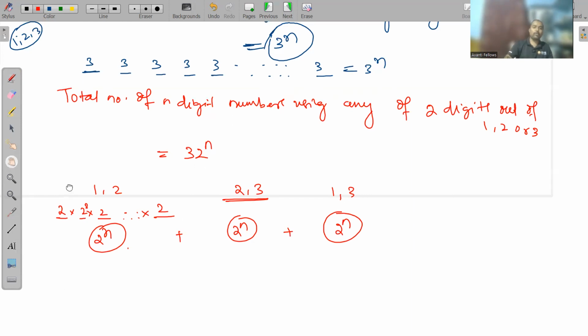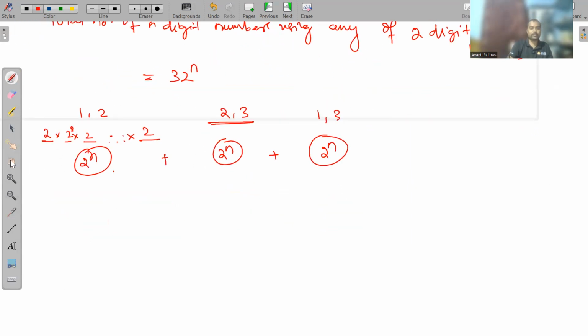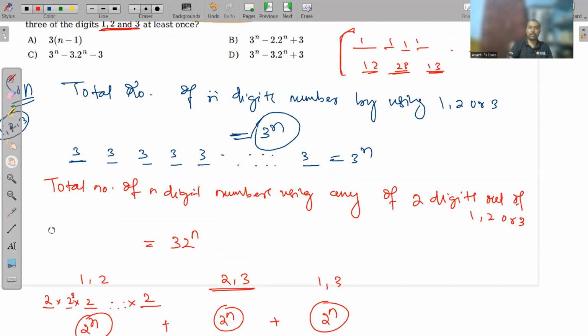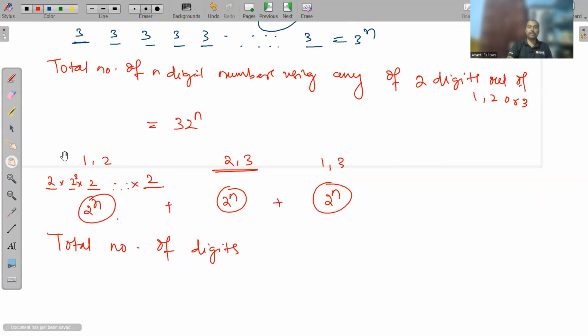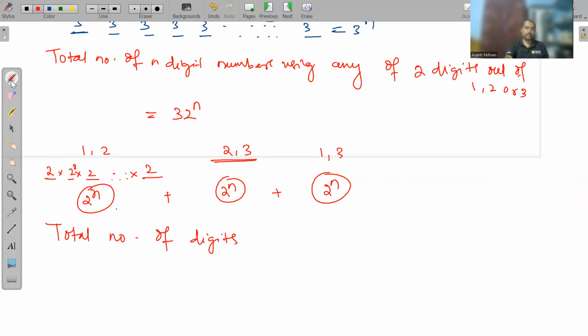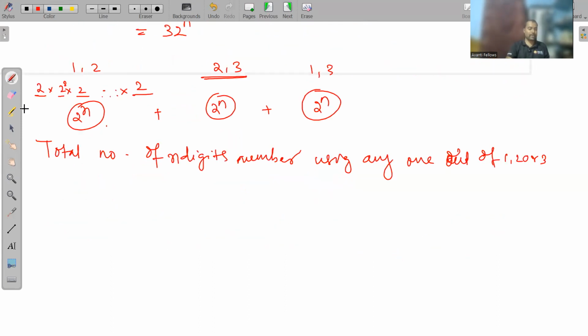Okay, now we'll find the total number of digits, okay, total number of digits contains all 3 of these digits. अच्छा, मैं ये अभी पूछ सकता हूँ total number of n-digit numbers using any one out of 1, 2 और 3। ठीक है, तो ये कितना हो जाएगा बेटा,